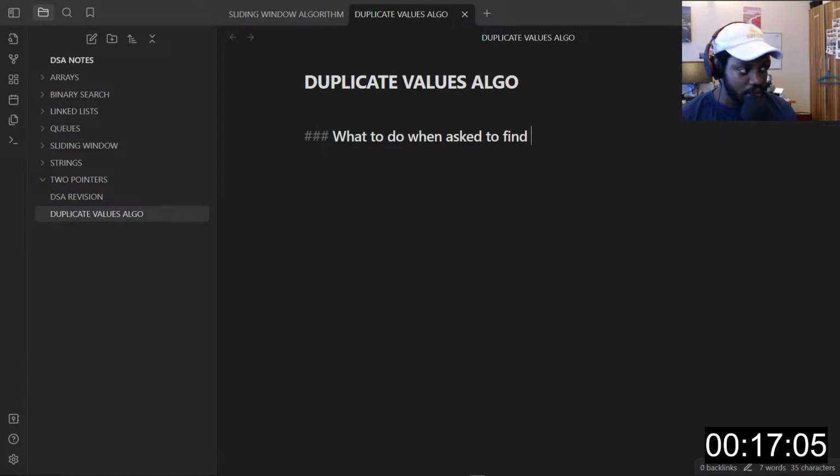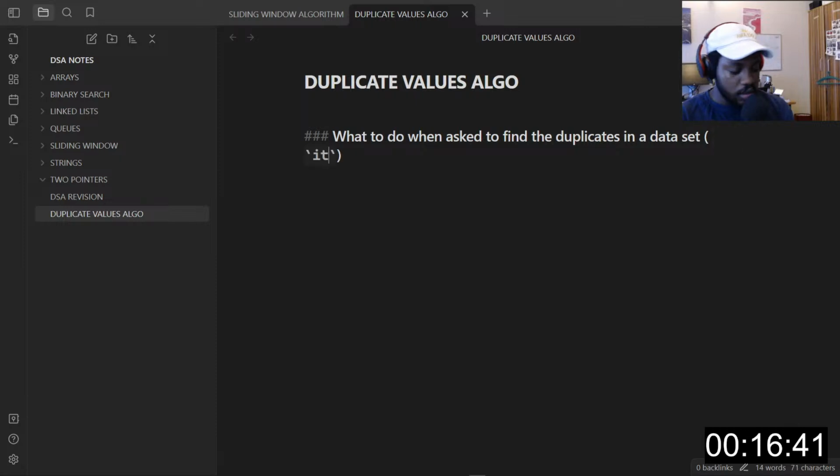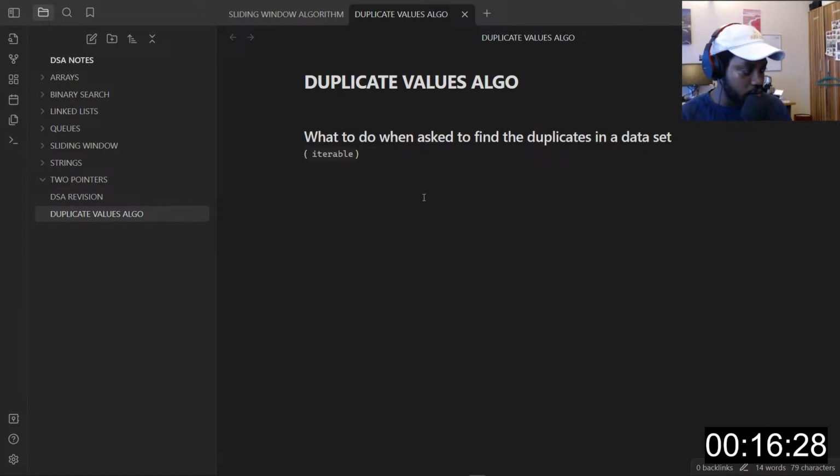So, what to do when asked to find the duplicates in a data set. I can call this iterable. Like this. So here is this. We'll first of all create a dictionary. Okay.